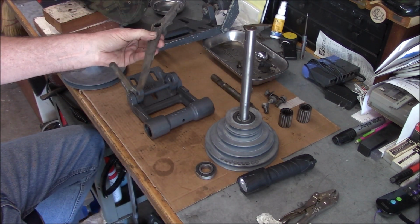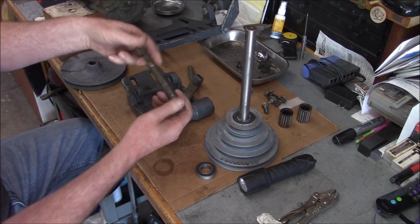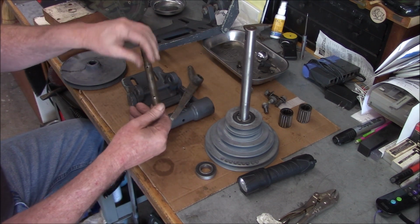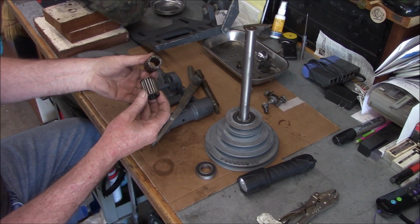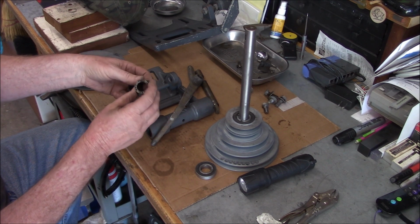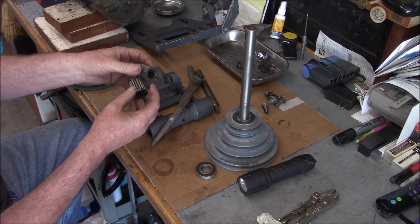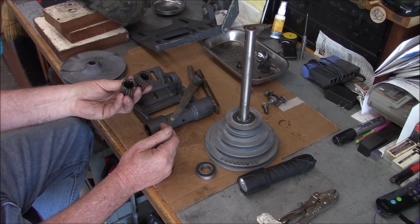A little operator arm, it's cleaning up pretty good. This one here needs a little more work, obviously. And the bearings, boy, they're pretty crusty. You know, had to do a lot of scraping to get the gunk out of them. I think I'm going to throw these either in the crock pot along with some of this other stuff, or